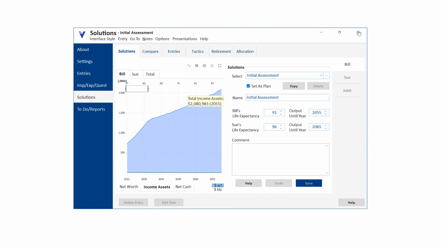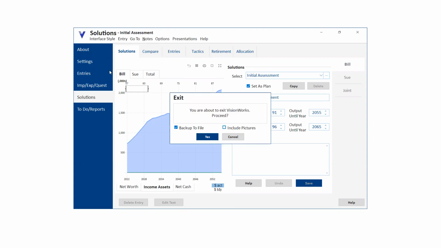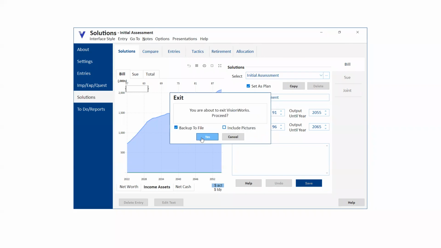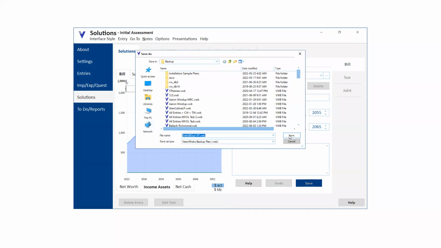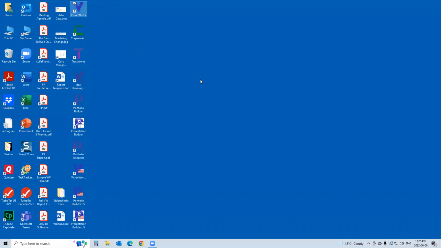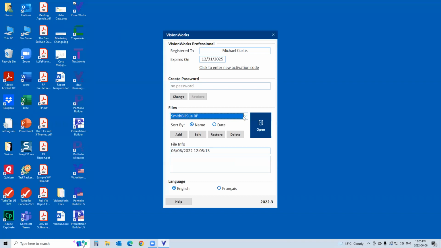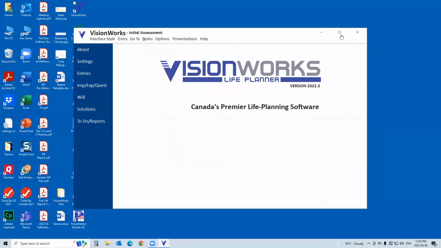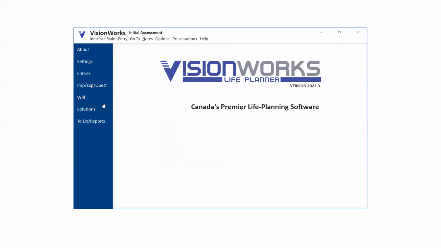So I'm just going to close this. And remember, nothing about wills, nothing about the estate output, nothing about insurance calculations, just the simplest possible approach to planning. If we open VisionWorks again and select the retirement and estate plan, again, what you'll see here is nothing about the values exercise, nothing about financial attitudes,